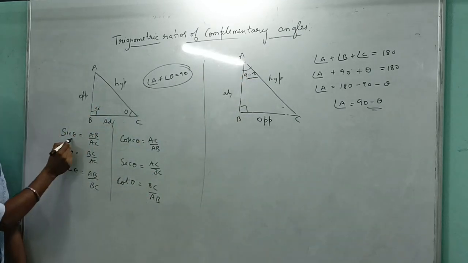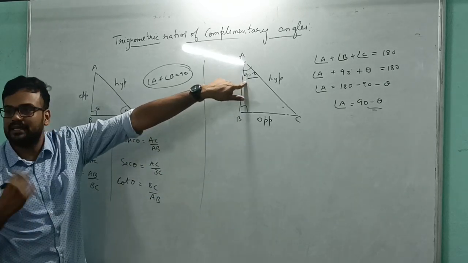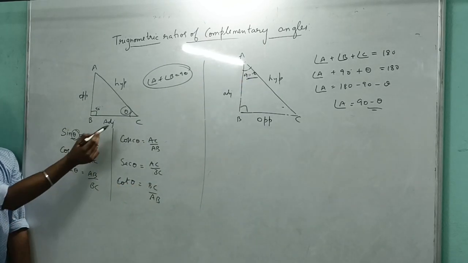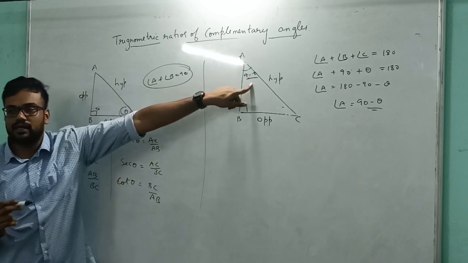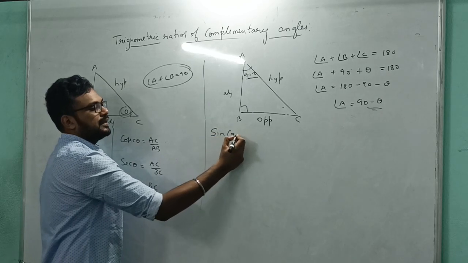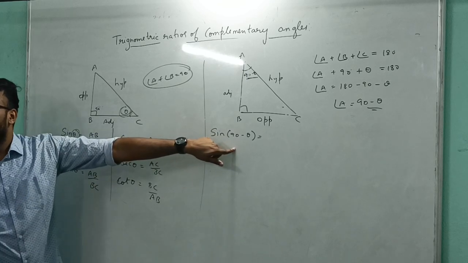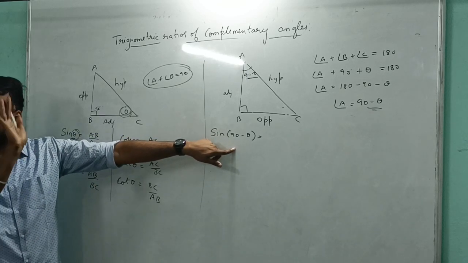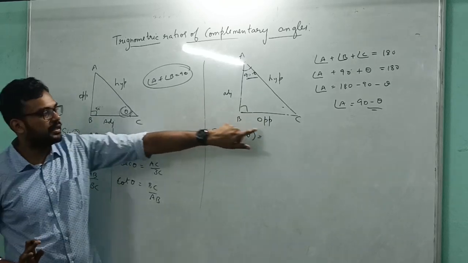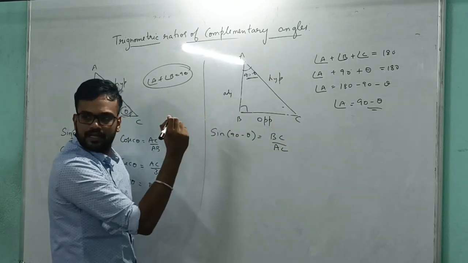Now this is my angle. Here I write sin theta because theta is my angle. Here what should I write? Sin 90 minus theta, because that is my angle. Correct? Here I wrote sin theta because my angle is theta. Here my angle is 90 minus theta, so I write sin 90 minus theta. Okay, tell me, what is the formula for sin? Opposite by hypotenuse, correct? What is opposite here? BC. Hypotenuse is AC. Correct, no?